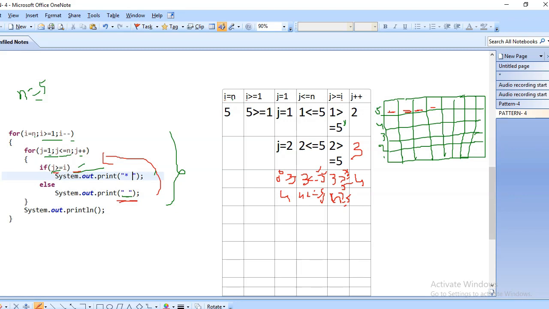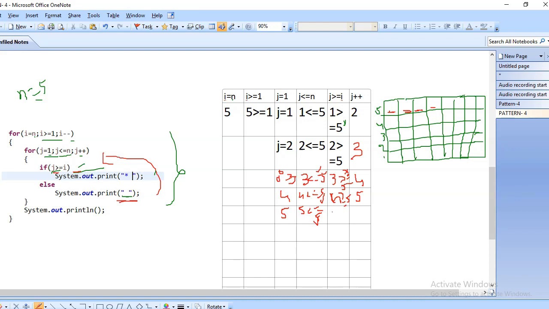Okay, now j value incremented by 5. So now j value equal to 5. Check the condition, 5 less than or equal to 5. So condition is true.